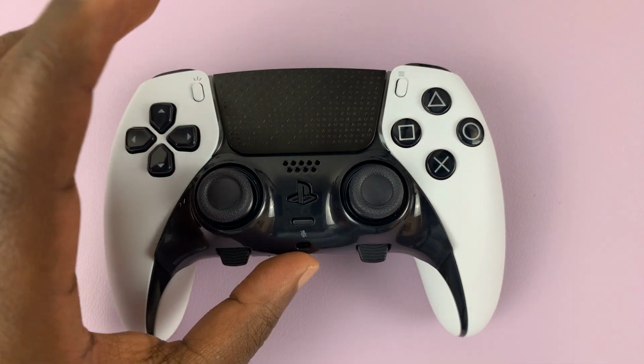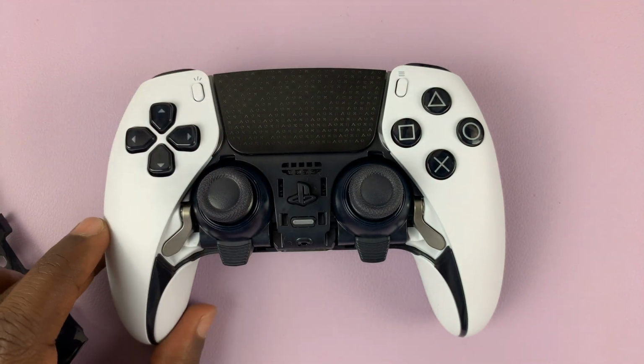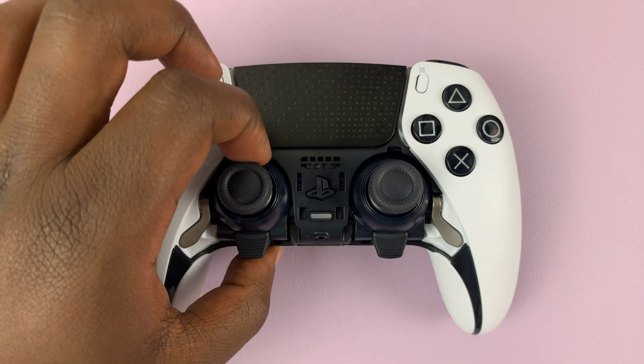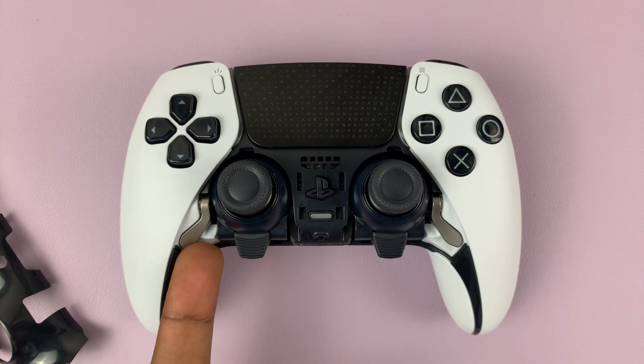And all you need to do now is remove it. Okay, so just pick it up and put it to the side. Now, having done that, that exposes the thumbstick modules. Now, to remove the one on the left, there's a latch on the left hand side, and